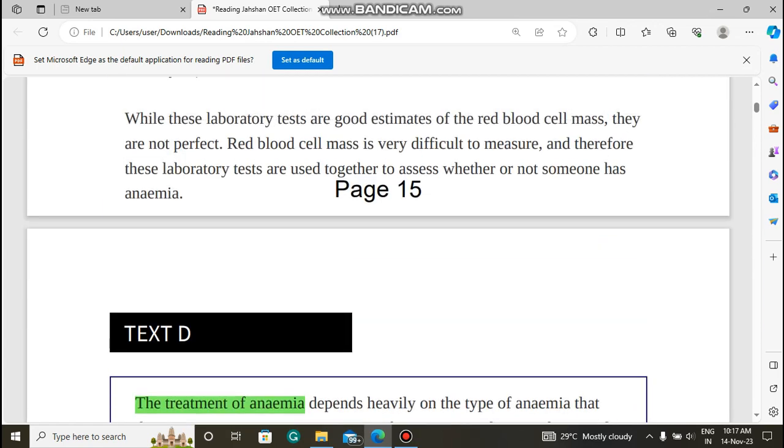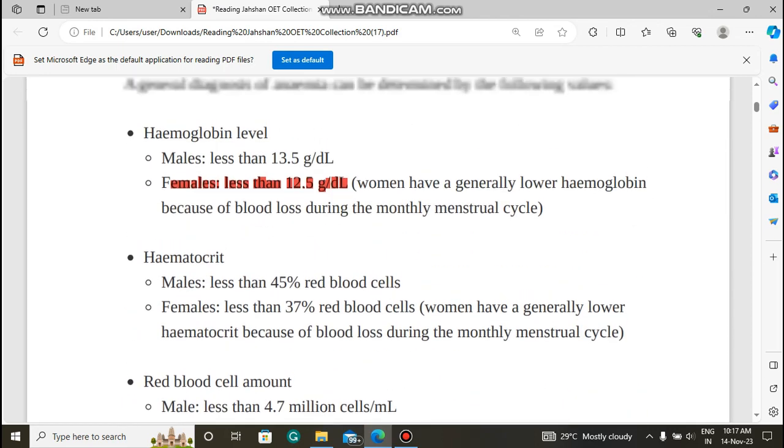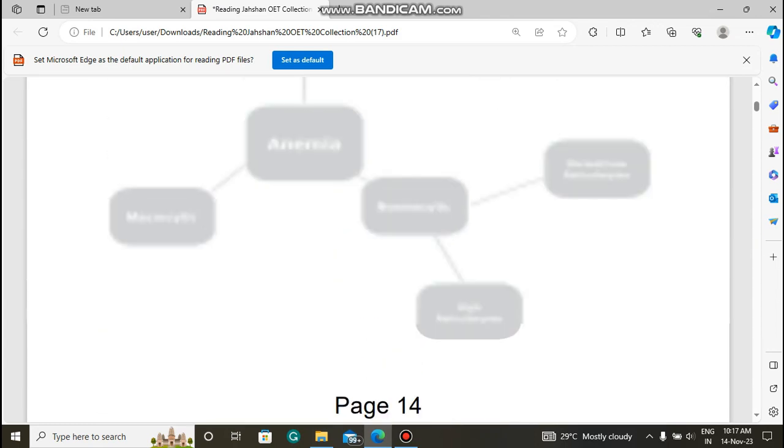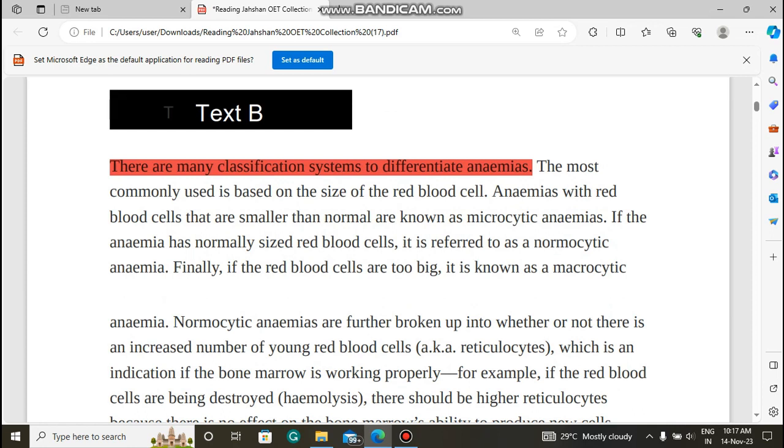Does the size factor affect anemia? You will have to search for that. Let's see in which paragraph was the classification. Yes, in paragraph B it was given. So yes, based on the size of red blood cell, the most commonly used is based on the size of the red blood cell. So the size really